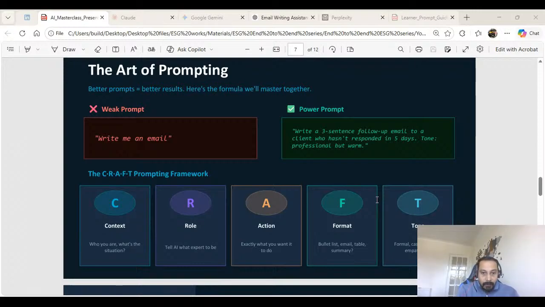So this CRAFT prompt is very important, and you can utilize it in any kind of tool for any kind of your day-to-day work. So now that is what a great prompt looks like. And here's the best part: you don't have to use all five every time. Even using two or three out of this CRAFT framework will massively improve your results. If you just write an email, or just write one sentence, then you will not get the details out of it. So you are going to get a full set of the CRAFT framework